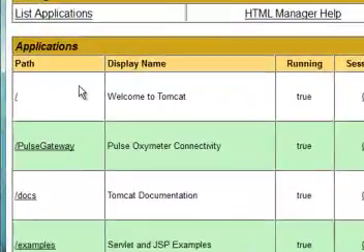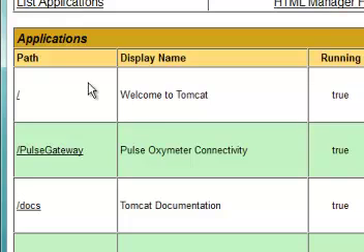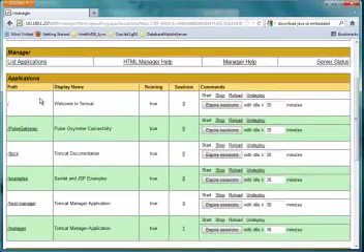The Pulse Gateway web application is responsible for, number one, the plumbing. The pulse oximeter is hooked up via a serial USB connection. It will handle that connection via Java. Also, the Pulse Gateway program is responsible for reading that data and then putting it into a format suitable for other applications to digest. So it converts it into an XML string and publishes it onto a socket such that other applications can open that socket, read that data, and perhaps display that, as we'll show a little bit later on.